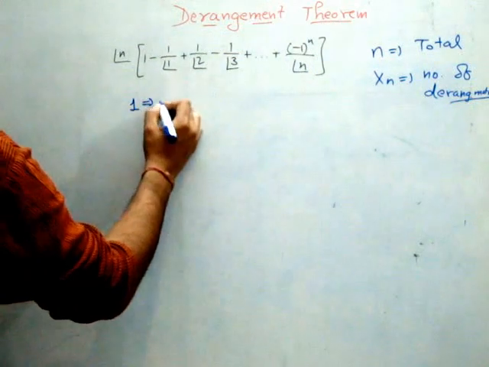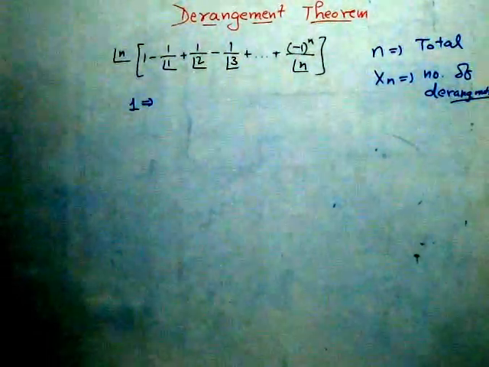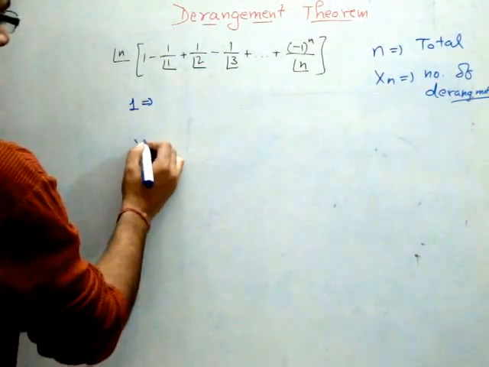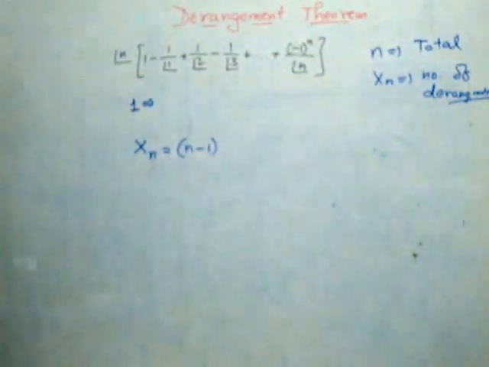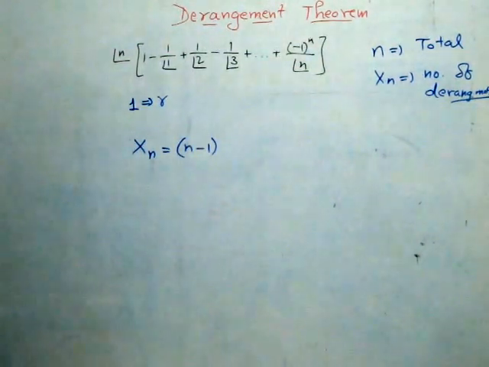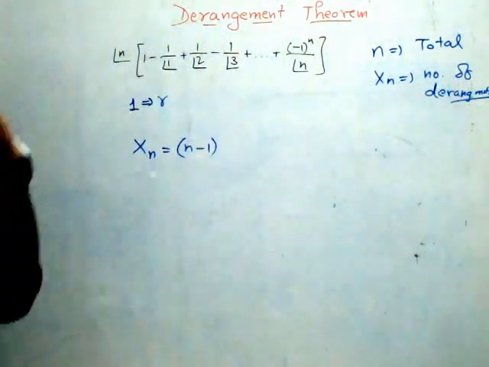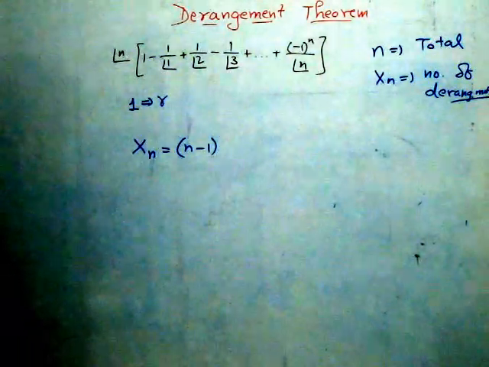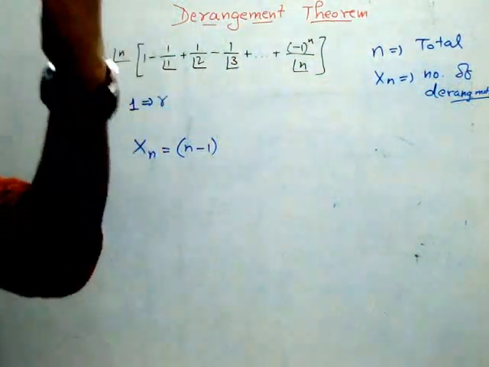First envelope, say, how many choices does the first envelope have, by the way? It has n minus 1 choices. So if it has n minus 1 choices, xn will have, as the first factor that we use here, n minus 1. Now suppose the first envelope takes the rth letter, which is definitely not equal to 1 because it has n minus 1 choices. What are these n minus 1 choices showing? N minus 1 choices means the first envelope has all the other choices except the first letter. So the first envelope takes the rth letter.